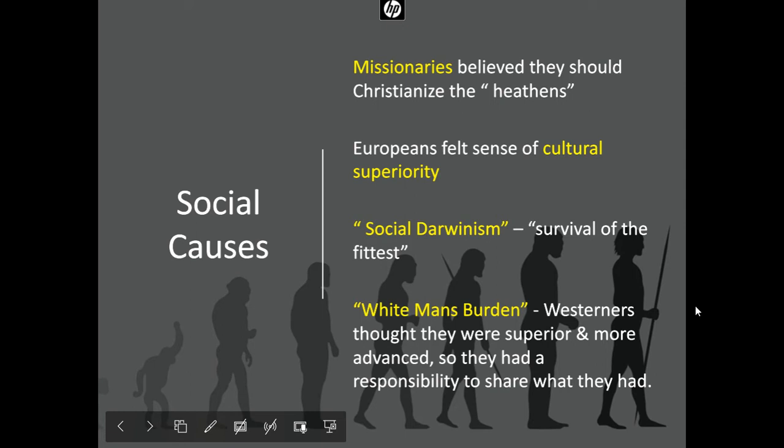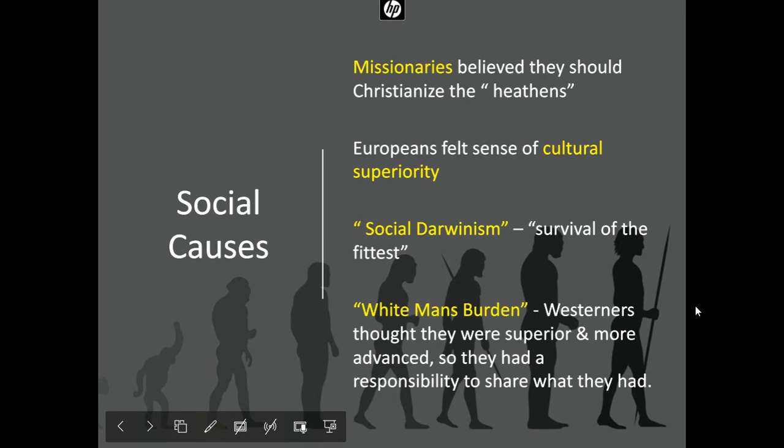So there were many missionaries living in Europe that wanted to go out and spread their religion, and their religion happened to be primarily Christian. So during this time of imperialism, many nations thought it was a good thing that they could send people to these foreign lands and teach them new religions. Not only were they teaching them religion, but they also were teaching them new cultural ideas. Europeans felt themselves culturally superior, the way they lived, the way they thought. And so they thought it was their duty to go out and teach these less civilized people how to act more civilized: education, medicine, food, clothing, the way they behave, their manners, that sort of thing.